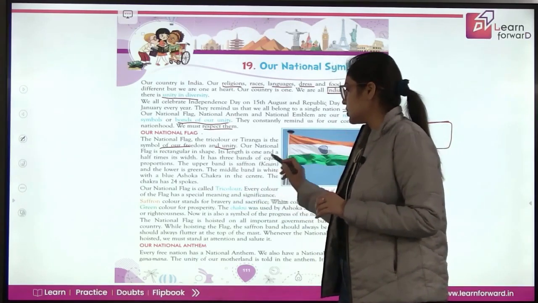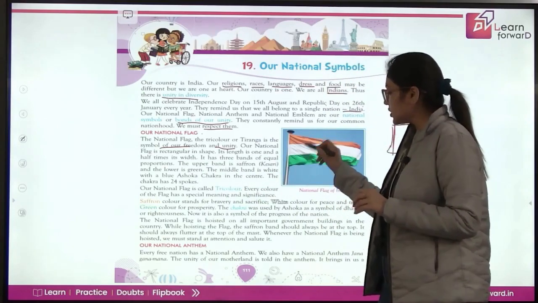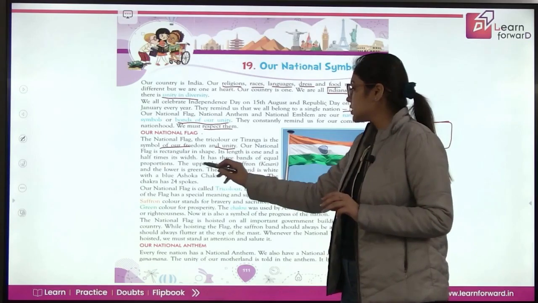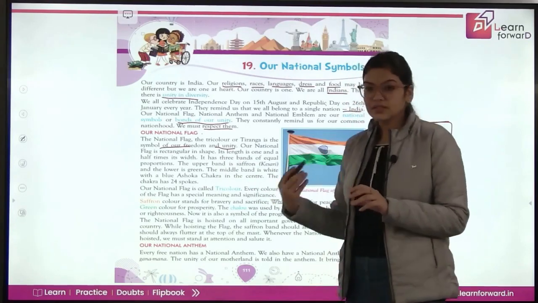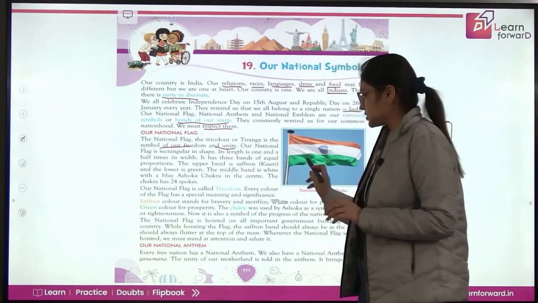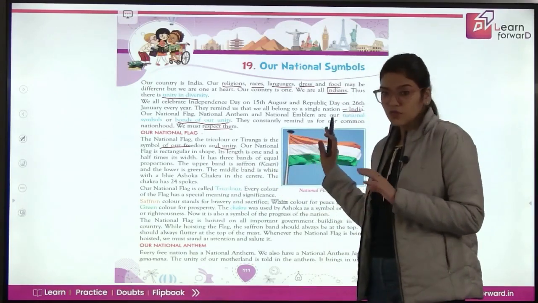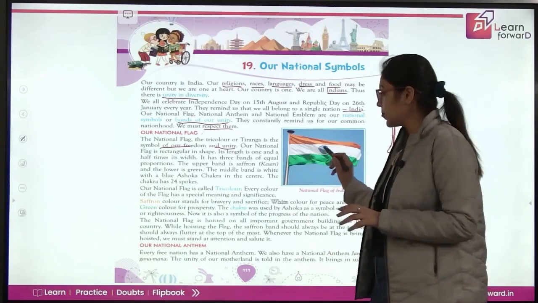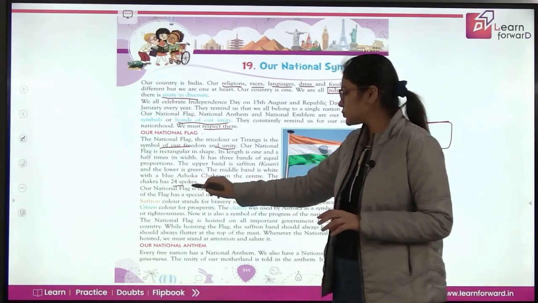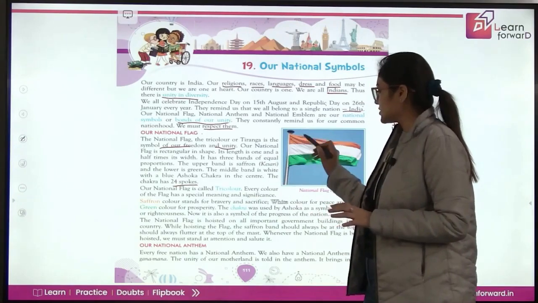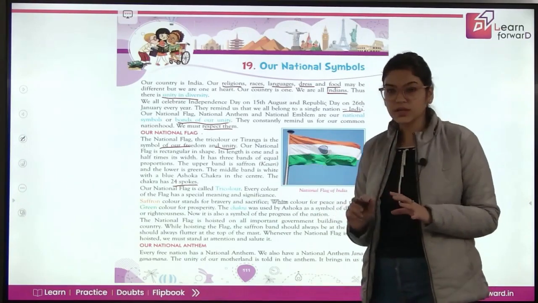It has 3 bands of equal portions. यहाँ पे 3 colors होते हैं which are divided in equal portions. The upper band is saffron, जिसे हम केसरी बोलते हैं हिंदी में. This color is your saffron, and the lower one is green. In the middle, the band is of white color which has a blue chakra, which is known as Ashoka Chakra, and it has 24 spokes. इसके अंदर 24 spokes होते हैं. The upper one is केसरी, middle is white, and the last one is green.